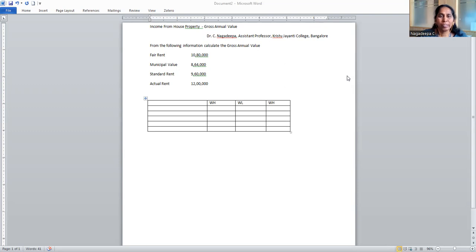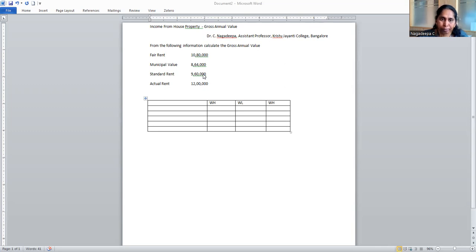Good day, students. Today we are going to see a topic on income from house property. Out of that, today we are going to calculate the gross annual value of a house property. How to calculate the gross annual value? For this, we have four important items which we are going to compare and calculate the